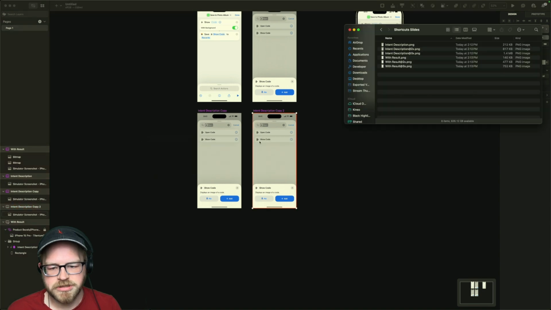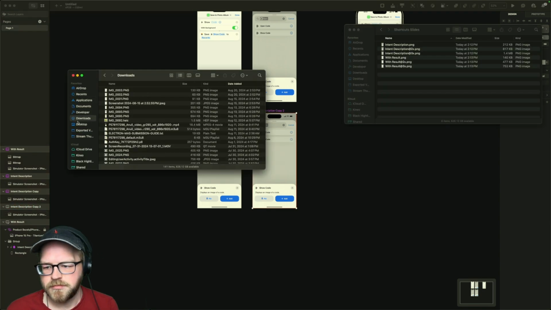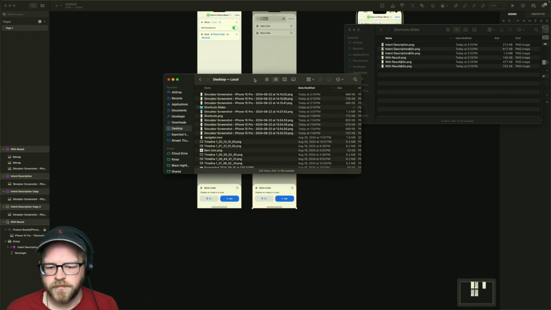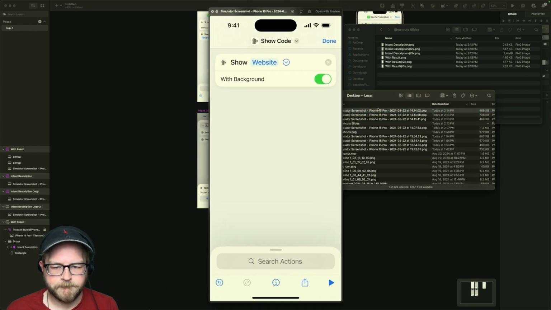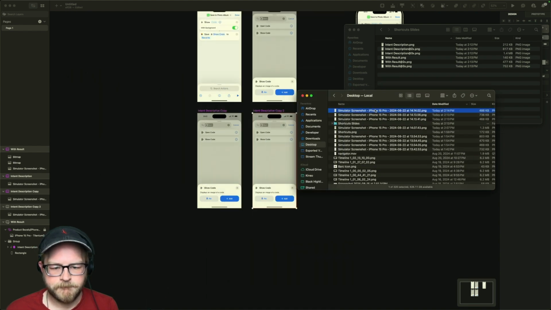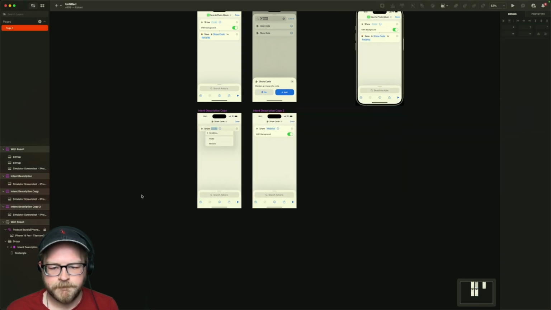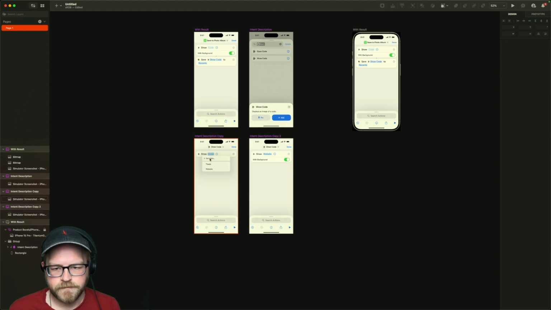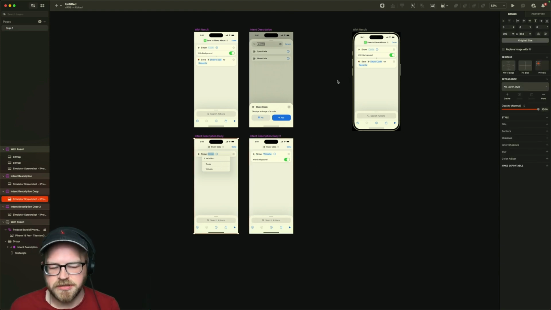We get our other screenshots. Okay, yeah. So these would just be the different things that you can do with that.